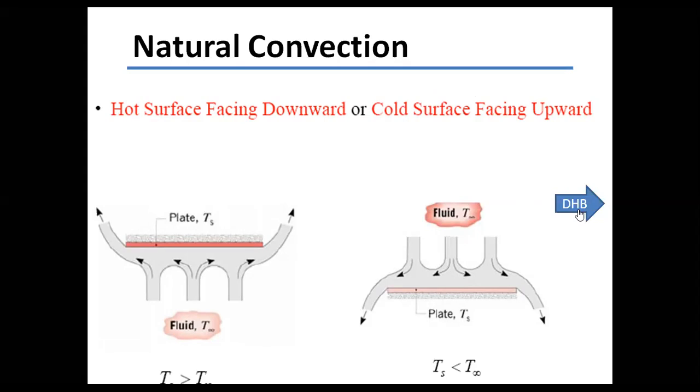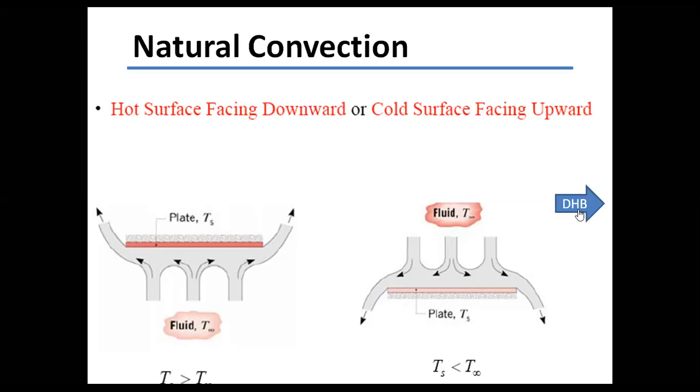Here, yeah. So 2.1.2: upper surface cold or lower surface heated. For a constant wall temperature, both these equations are valid. These are not for constant heat flux. For constant heat flux, a different set of equations will be there. So this is for a condition of constant wall temperature.